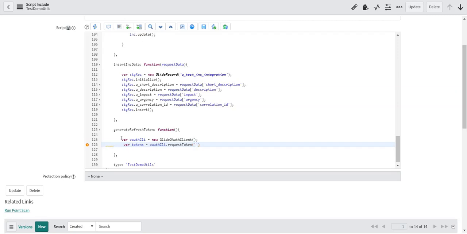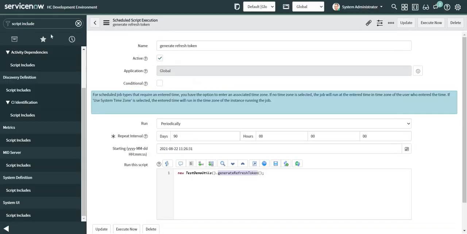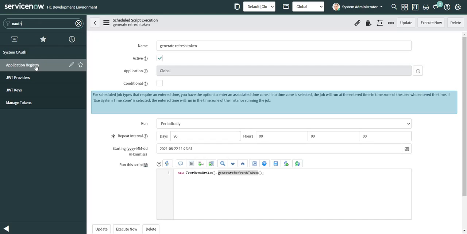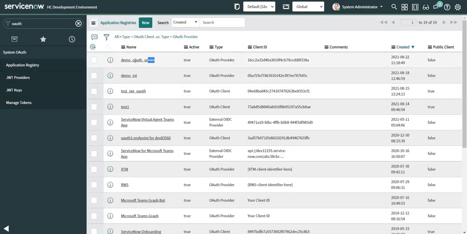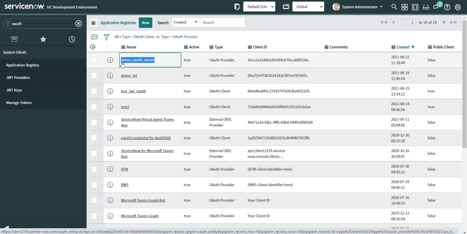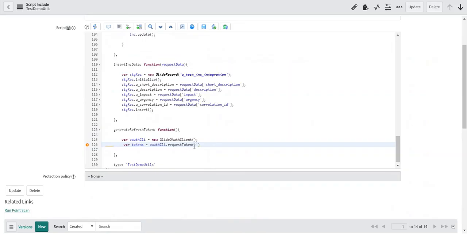So the first parameter here is the name of my OAuth profile which I've created in the instance. So let's go back and copy the same. It's this one. And the second parameter would be